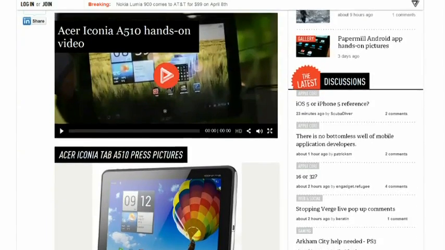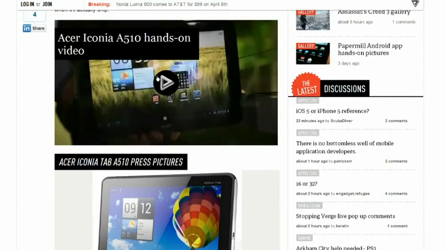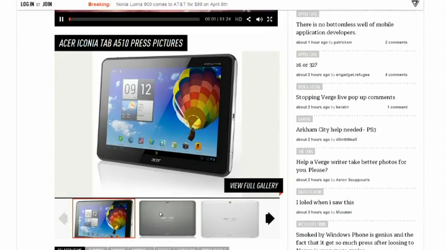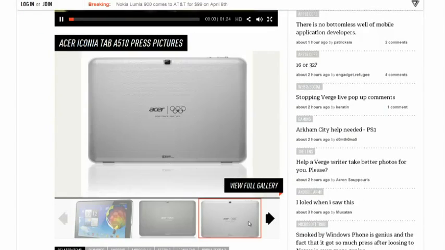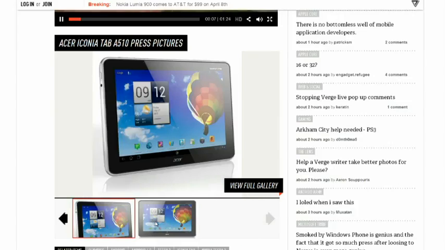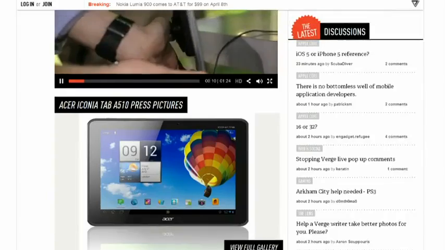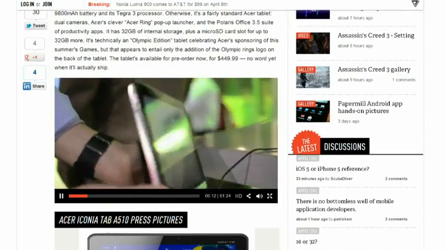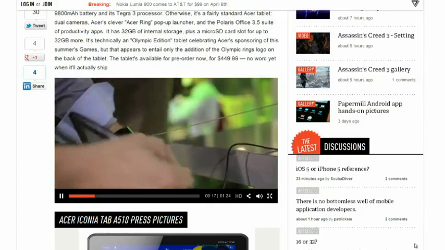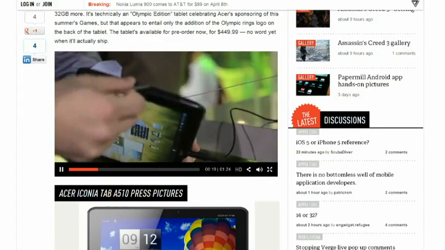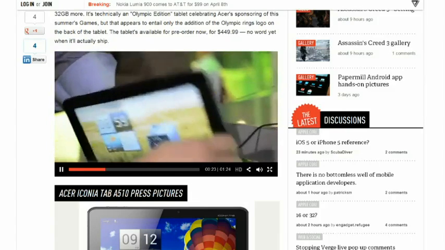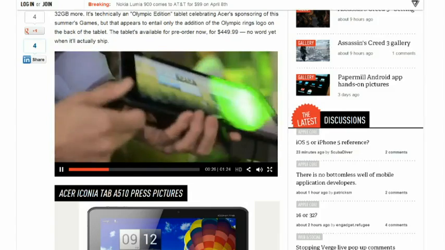It's running a Tegra 3 processor, and it's got the standard dual cameras, Acer's little Acer Ring pop-up launcher, and the Polaris Office Suite. Interesting that it's coming with office suites and things like that. 32 gigs of internal storage plus a micro SD card slot for up to 32 gig or more. And technically it's an Olympic edition, with the Olympic rings in the back celebrating Acer's sponsorship of the Summer Games. It's available for pre-order now, and it's going to be selling for $449.99. No word when it's shipping.